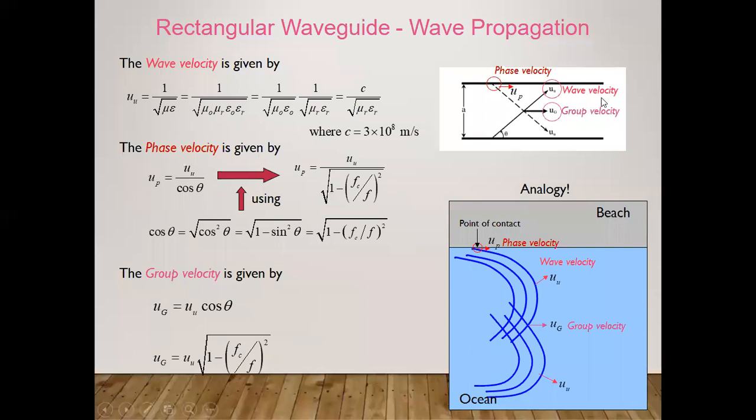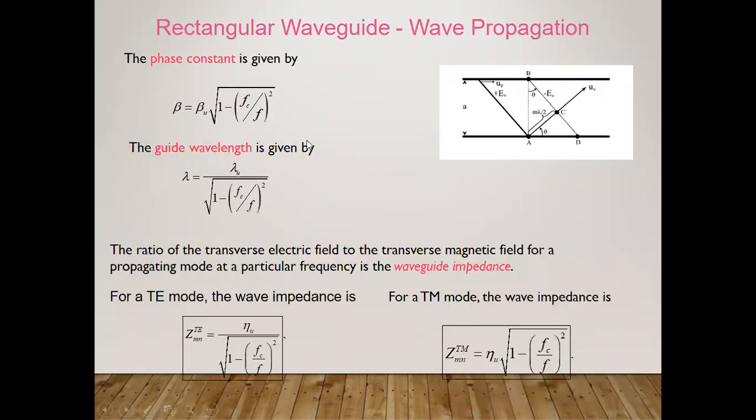See here, the U is the wave velocity and UG is nothing but the group velocity. See here the difference, how you can measure the phase velocity. If this is my diameter A, it's coming from here, getting down, crossing the boundary, and then the angle of incidence is measured. So UP, U, UG, and US are mentioned here. By analogy, we can measure the phase velocity, wave velocity, and the group velocity. If we consider the examples, at that time you should remember how you have calculated the parameters, the velocity of propagation, the group velocity and the wave velocity.